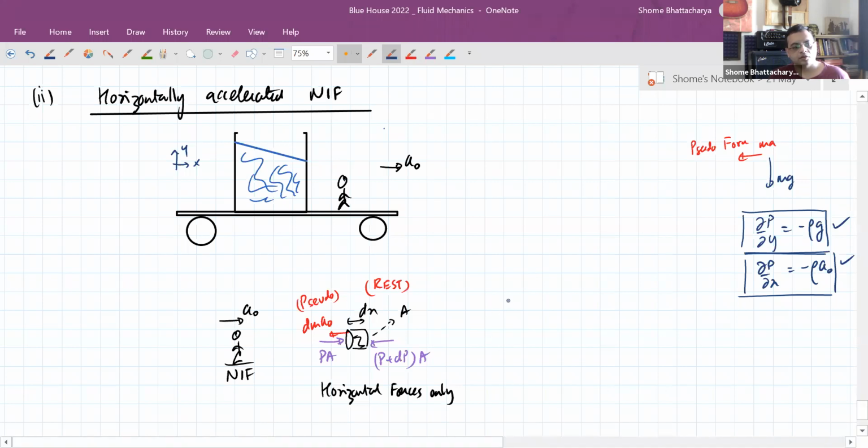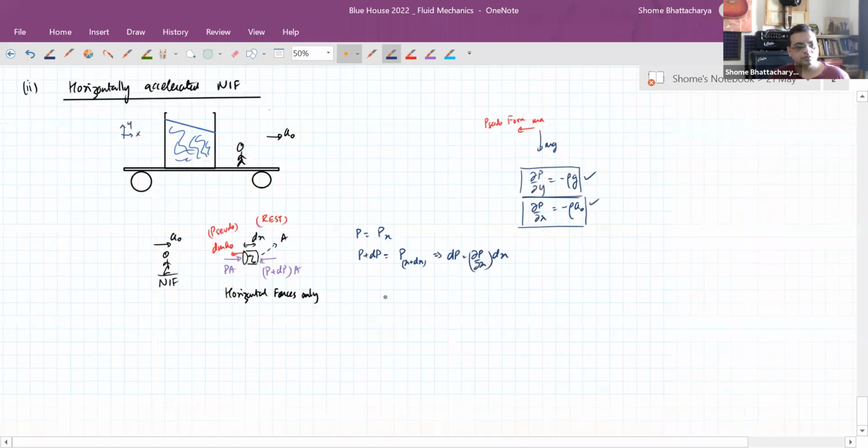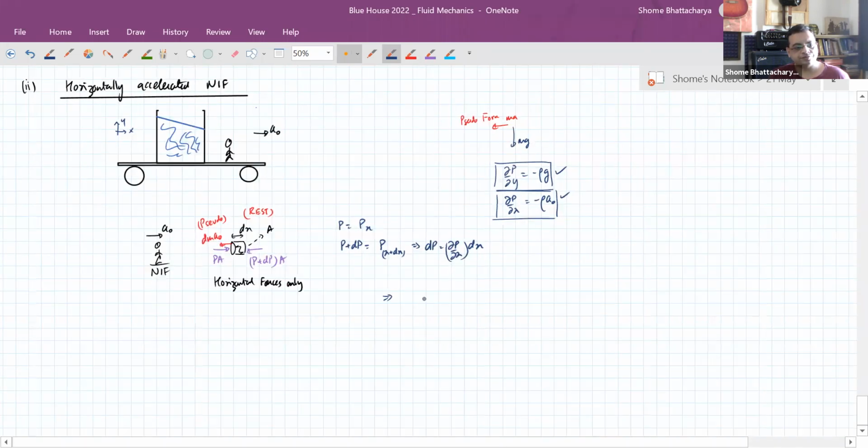So P is equal to pressure at x. P plus dP is pressure at x plus dx. So dP is equal to del P by del x times dx. This kind of derivation we've seen before also. So balancing the forces, you have